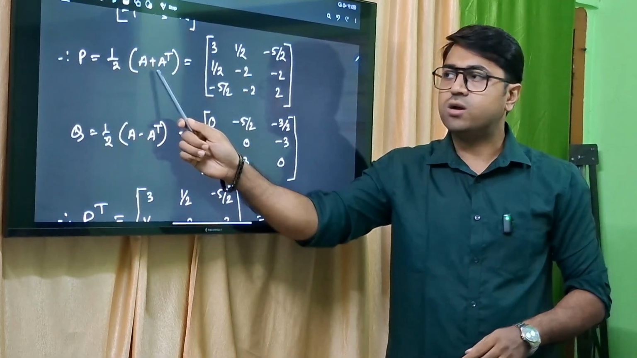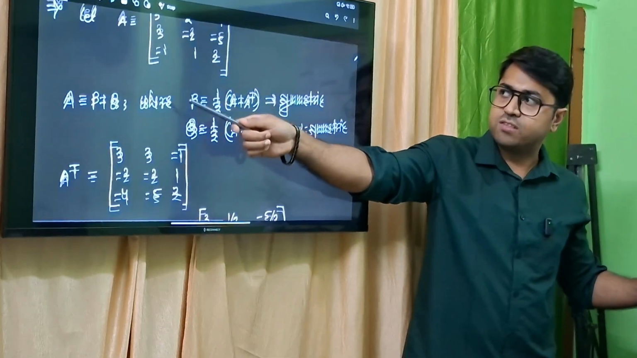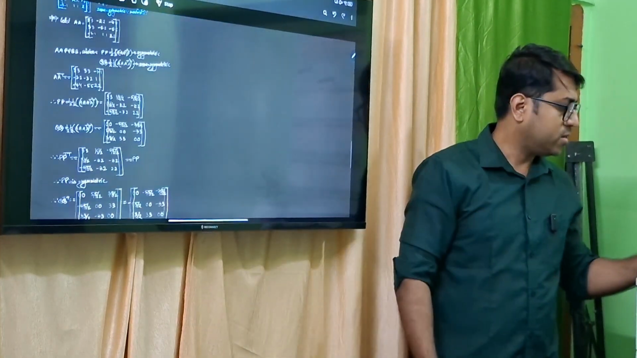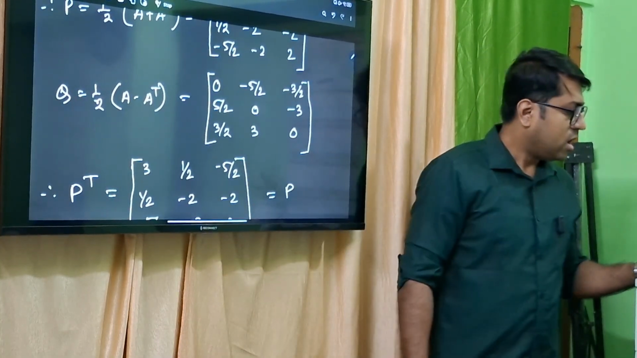A plus A transpose means what? The matrix A and the transpose matrix. This is the transpose matrix and the matrix A was there. So these two will be added and then half is multiplied like this. Okay? And Q equals half into A minus A transpose, that can be calculated easily also. After that,